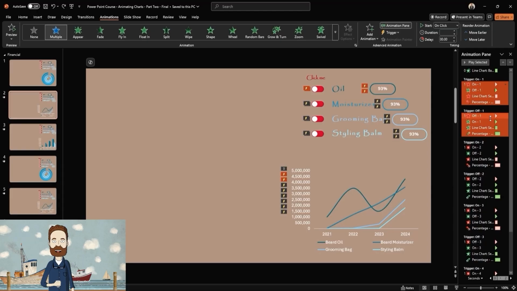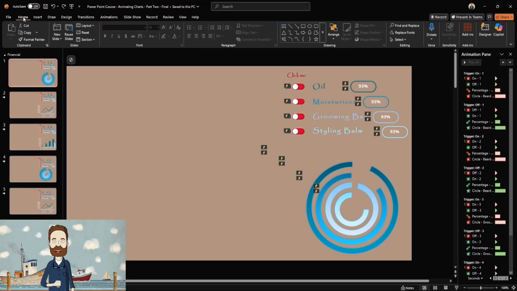But the moment someone else needs to step in, or if you come back to it a few weeks later, it becomes incredibly easy to lose track of what does what, especially when animation triggers are involved. So take the extra time to stay organized. It might feel tedious in the moment, but it will save you a lot of time and headaches down the line. Moving on to the next issue at hand, updating the numbers.